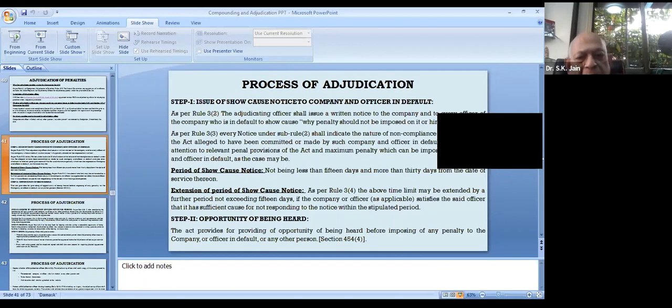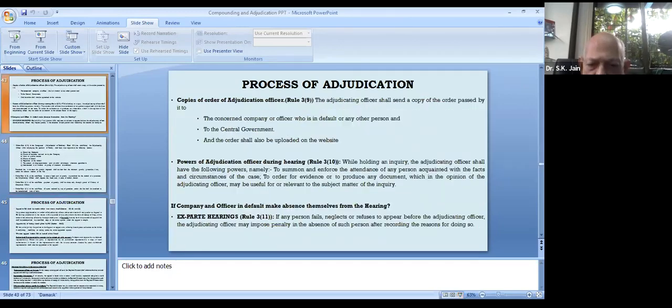Then opportunity of being heard, stage step 2. The act provides for providing opportunity of hearing. It is up to you to avail opportunity of hearing, or you can tell the adjudicating officer, which is ROC, that you can pass the order. So if you avail,